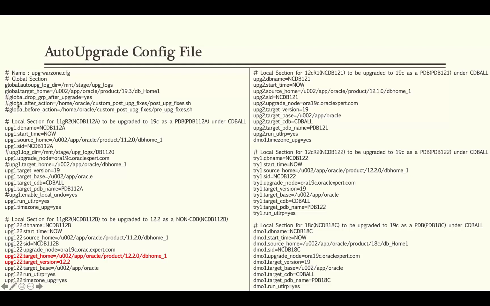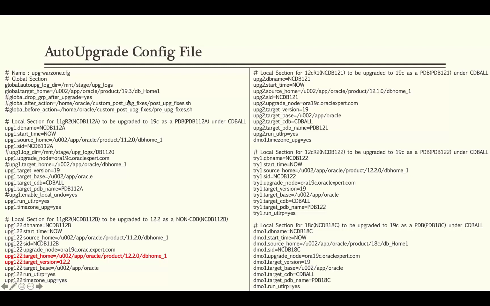One of them is a before action, prior to the start of the auto upgrade utility. What are those proactive fixes that you would like to deploy? I have already written a custom shell script to go and fix all those items that auto upgrade is going to complain about in all those databases. And then a similar action which is post upgrade is called an after action. Again, it is commented. I am going to show you how to manually fix each of those post upgrade issues.